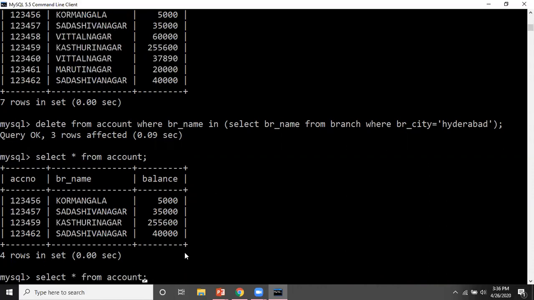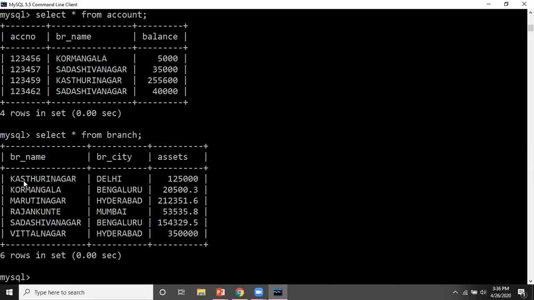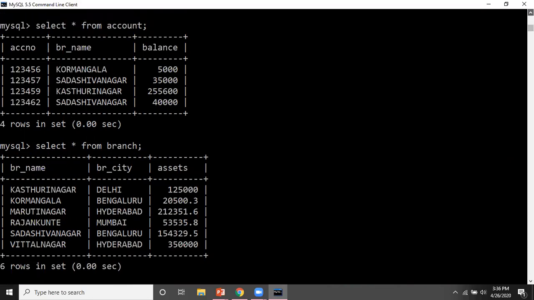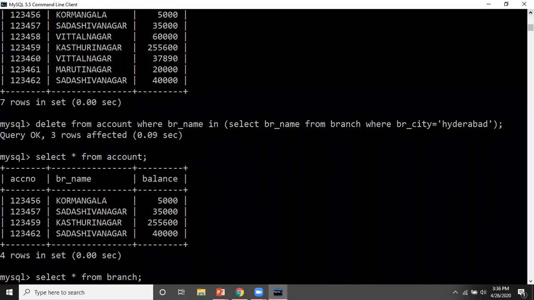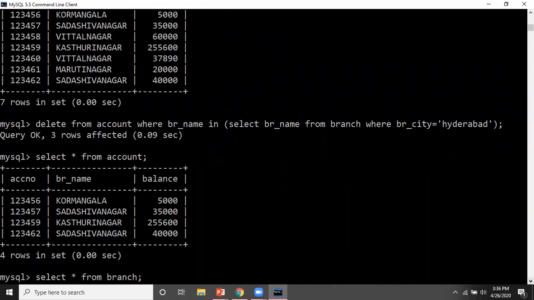If I see the branch table, Vitthal Nagar and Maruti Nagar should be in Hyderabad. Let me check. Vitthal Nagar is in Hyderabad, Maruti Nagar is also in Hyderabad. That's why 3 rows affected, because in the accounts table there are 2 entries for Vitthal Nagar and 1 for Maruti Nagar. So 3 are deleted.